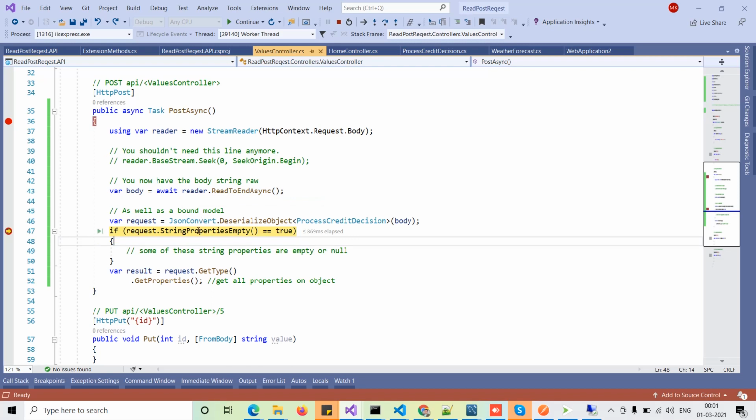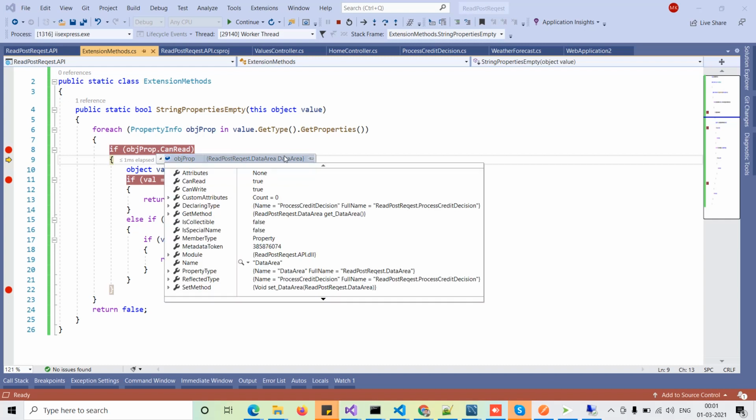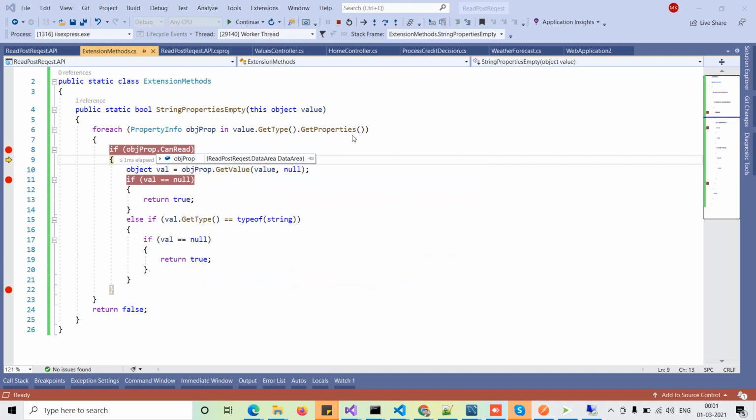So let's go to our extension method here and check each and every property in a particular object. So yes, I got the property here. I got data area, and you can see all the attributes of that particular data area. Now go to the next.